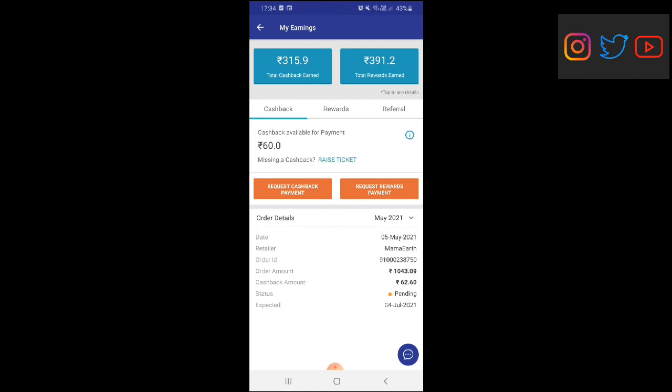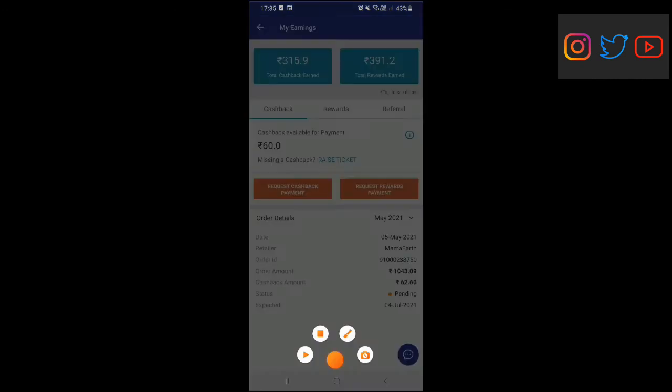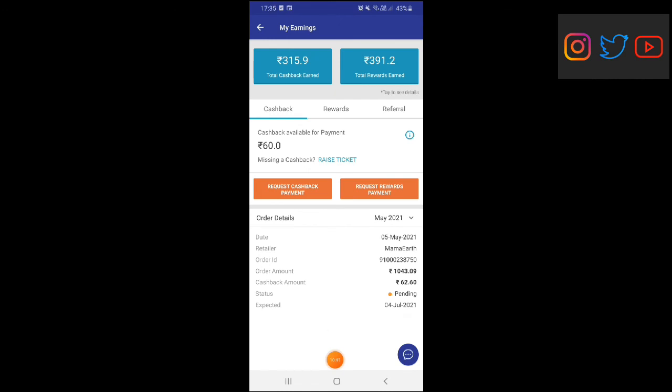If it's 250 rupees plus, then I can transfer that into my bank account. Once my cashback gets confirmed for above rupees 250, I'll make a video for you so that it will be easy for you guys. This is how you can shop from Amazon or shop from Cashkaro and get cashbacks.